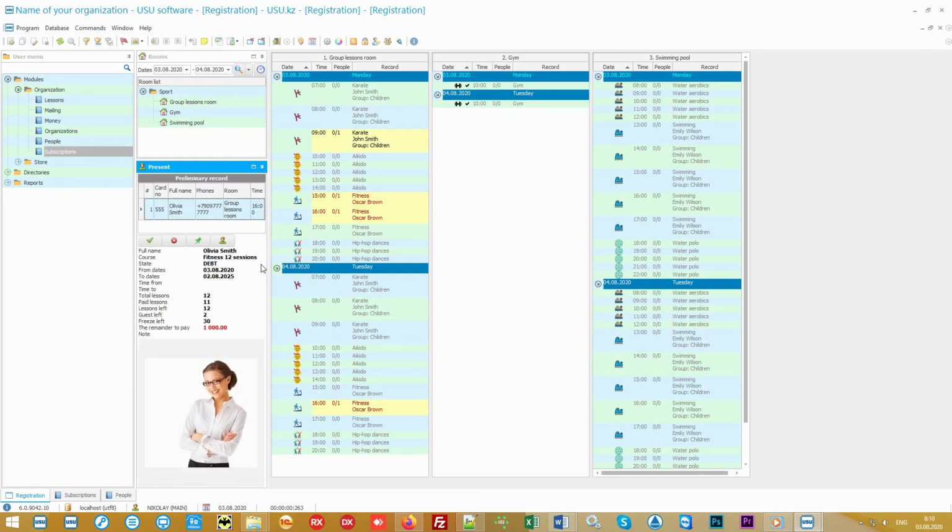When the club card is scanned, data about the client and the purchased subscription will be displayed. Problem moments are highlighted in red, immediately visible. Have the classes on the subscription or the period of its validity ended? If it's the last lesson, the program shows that you need to renew.